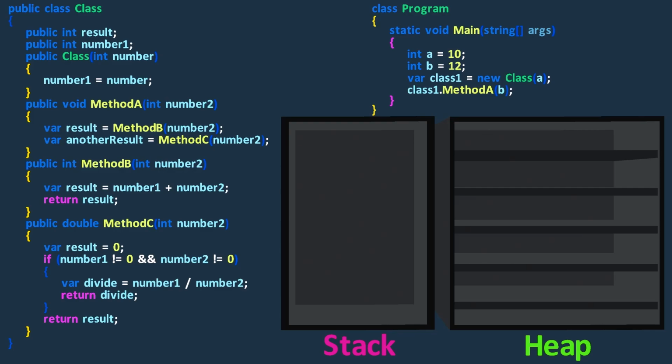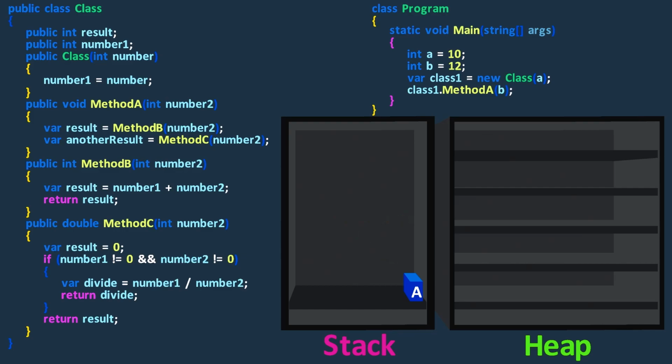Okay, as mentioned earlier, when we execute a C# application, the CLR invokes the main method within the program class. Additionally, each time a method is called, a new stack frame is created to manage its execution. Stack frames are important for handling method calls and memory in C#. A stack frame contains information about a method call, such as the method's parameters, local variables, and return address.